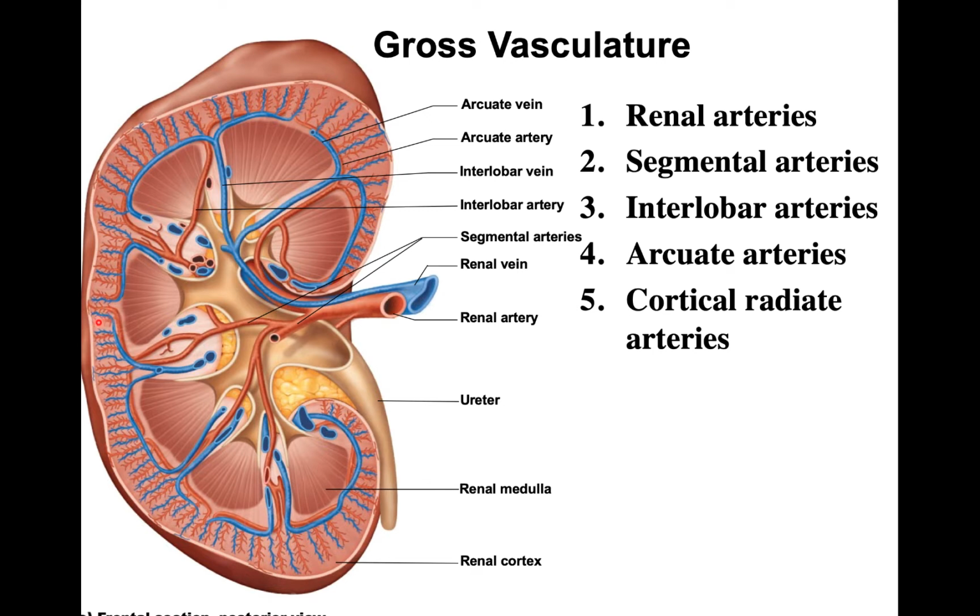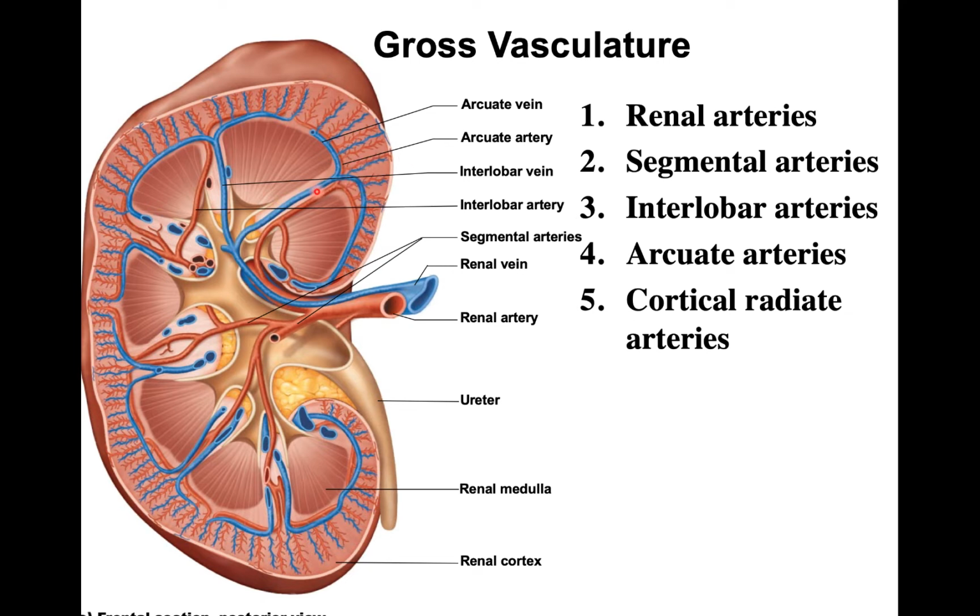From there, you have these little rays of sunshine that go to the cortex of the kidney. These are called cortical radiate arteries. We call them that because they're in the cortex and they're radiating out like sunshine. So, cortical radiate arteries. If you follow the same pathway back, you'll have a cortical radiate vein, the arcuate vein,